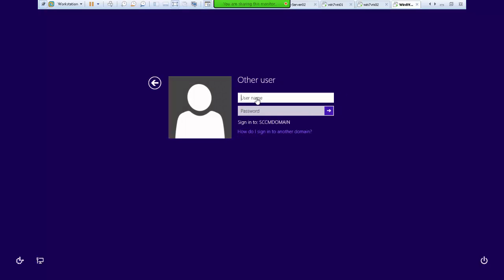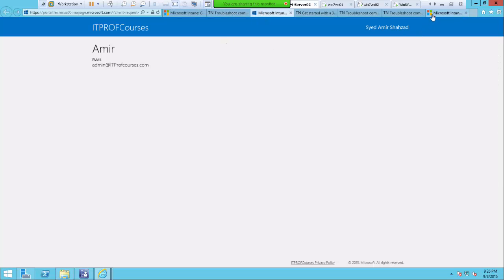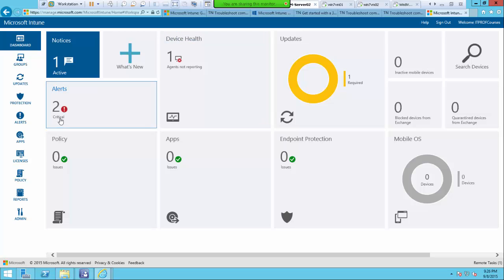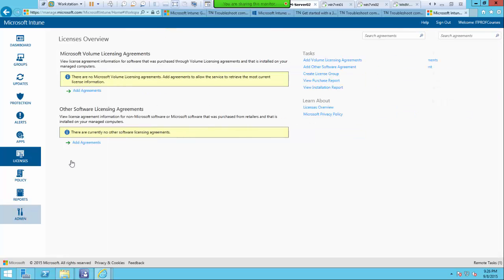Go for Intune user 01 at itprofcourses.com, and then, if anyone else was doing that, I would have asked, confirmed certain things. I want to log in from a user, but